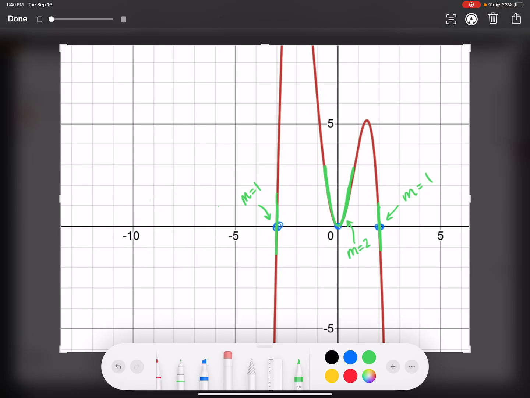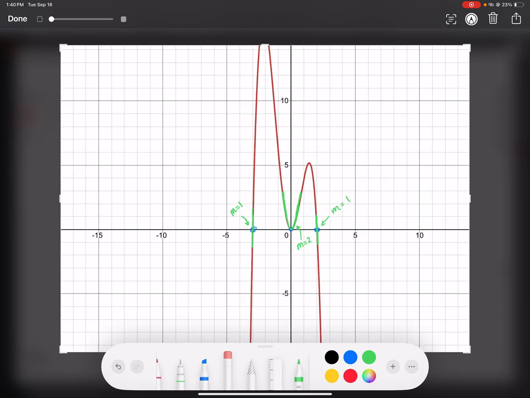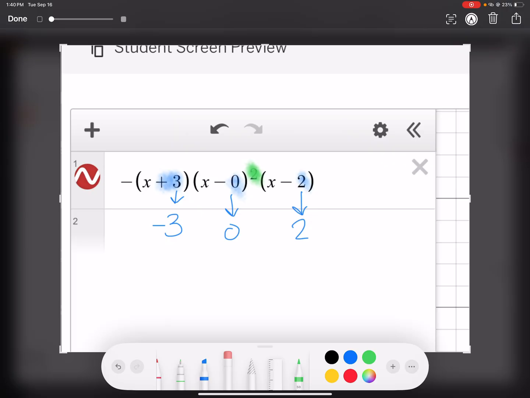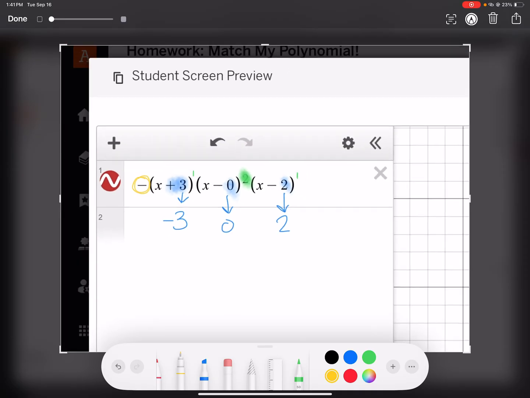Okay. So connecting those back, that is why in my equations over here, only one of them needed the exponent, just the x minus 0. That one had the multiplicity of 2, but these ones were technically just a multiplicity of 1, which those are just those invisible exponents. I ended up having to make my leading coefficient negative, and the reason for that is